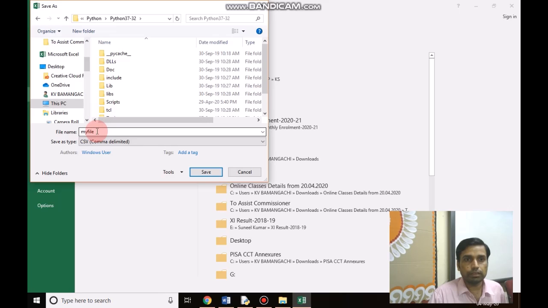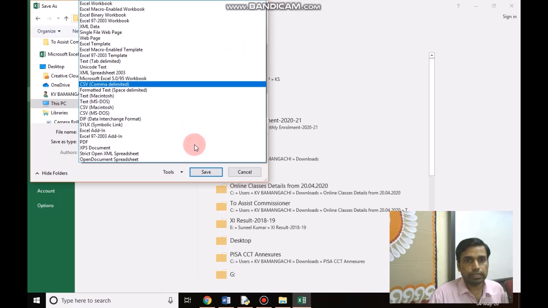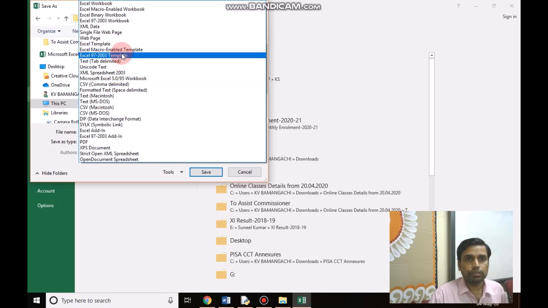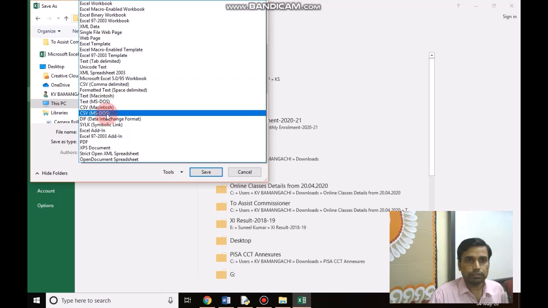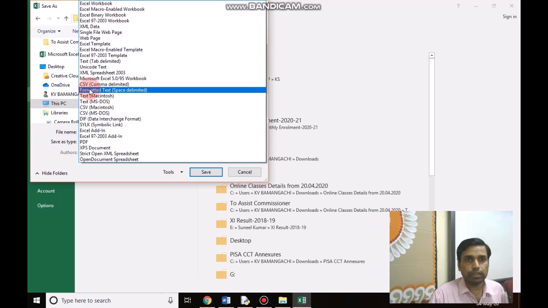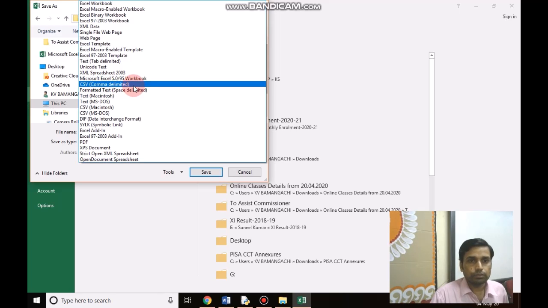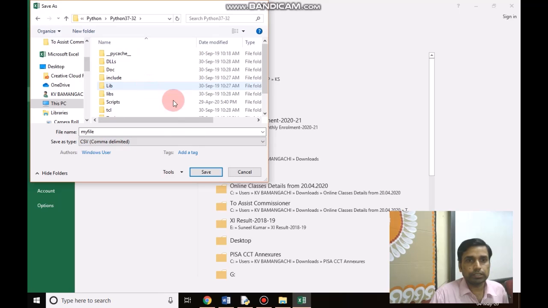I have given the name myfile, and then you will select a type or format from the list of formats. These are the types of the file. I have given here CSV comma delimited. So a CSV file will be created, and you can save here.